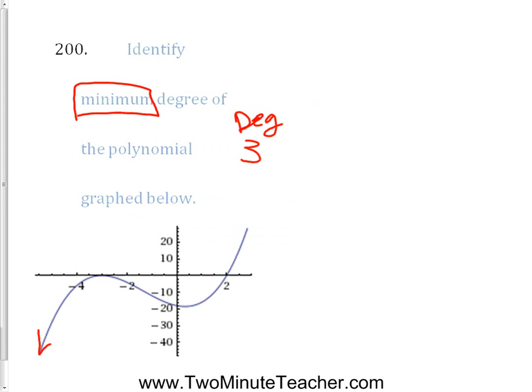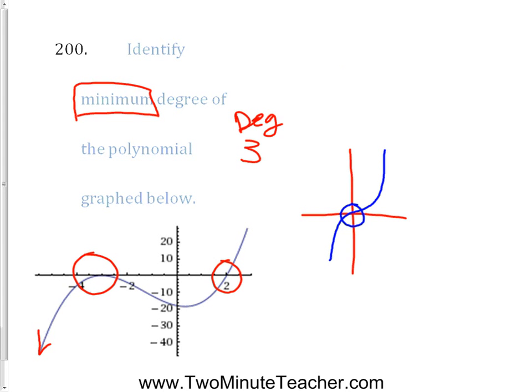at minimum, okay? So you count up bounces and cut throughs, and there's one other kind that's not a bounce and it's not a cut through. It's the triple root, and that looks kind of like the graph of y equals x to the third. It goes kind of like this, all right? That's a triple root, and so if you ever see one of those, that is worth a degree 3